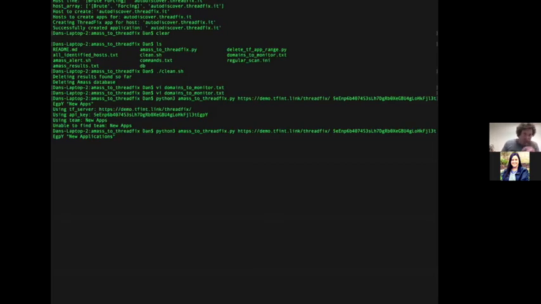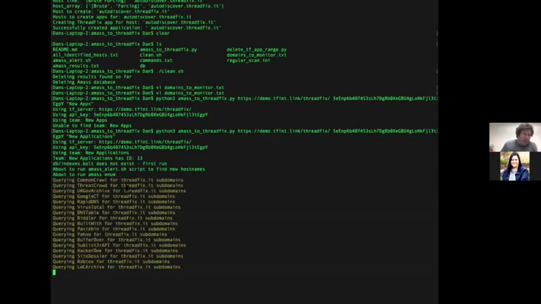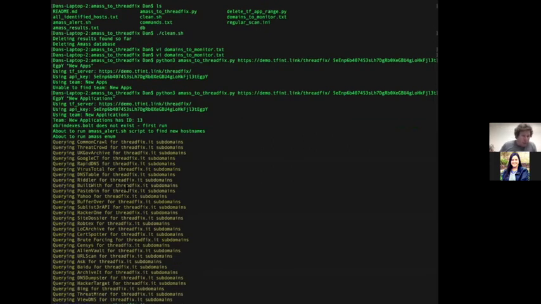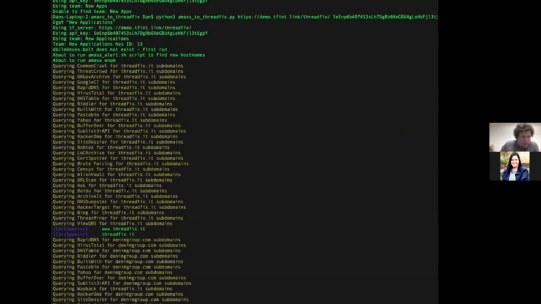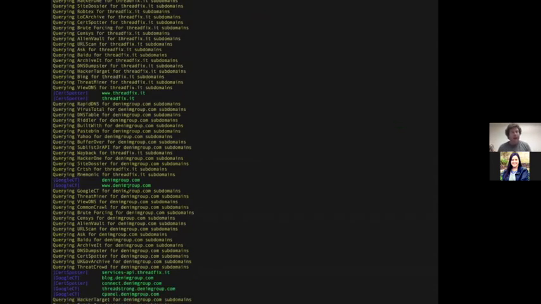But you give it a team in ThreadFix, and it's going to determine here are the domains that I want to look for, and it's going to go and run. And you can see here some of the data sources that it is using. I've got a very vanilla Amass environment set up right now, but it's going to go through and scrape. So for ThreadFix IT, it's found ThreadFix IT, it's found www.threadfixit. One of the really cool things about Amass is you can give it credentials to these various services, HackerOne, Wayback Machine, all of that,